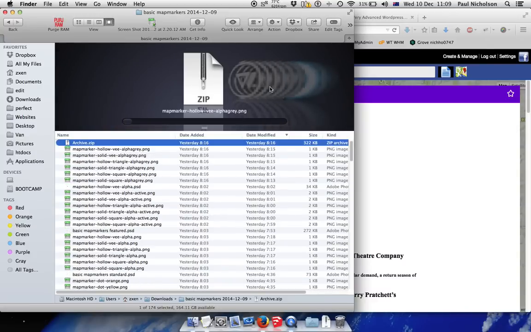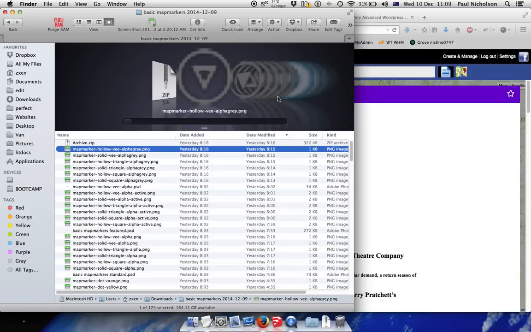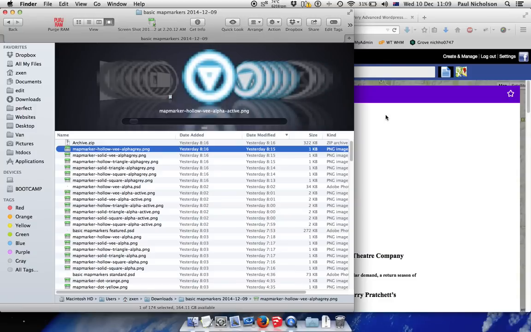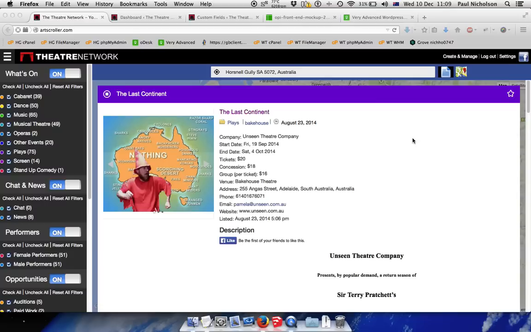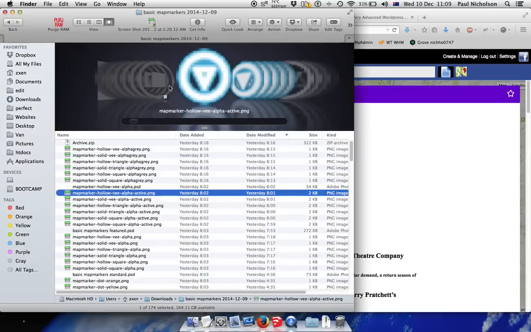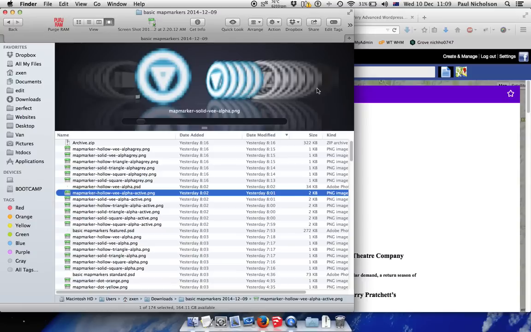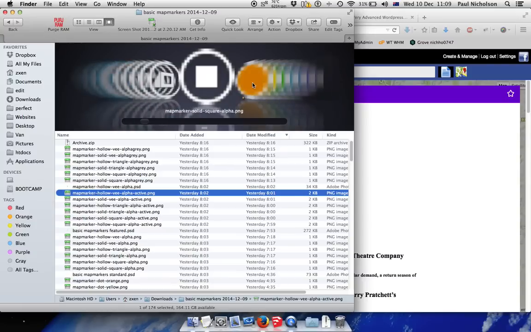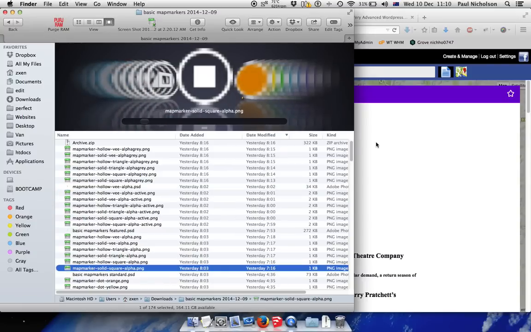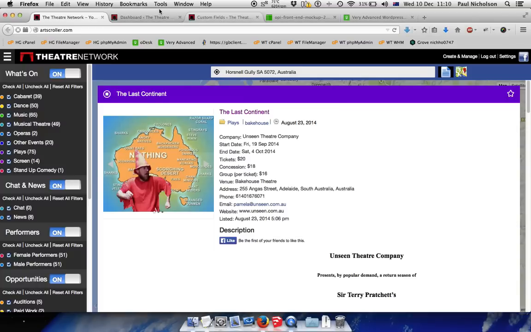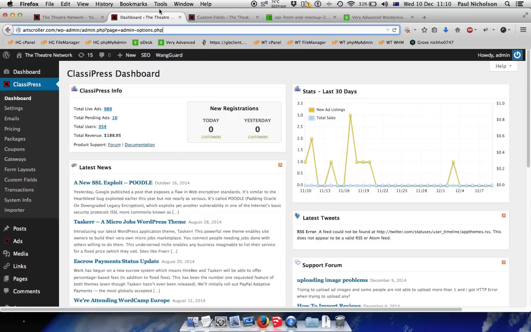Sometimes they're dots if they're small on the map, if they're standard, and sometimes they're bigger using these images inside if they're featured. But also, as you can see here, that is one of them, and that represents the what's on category, which will use a white square in a circle. Solid square in a circle will be the symbol for the what's on category in this particular case. Now you don't have to think about this, because in the back end of artscroller.com, or in this particular example,